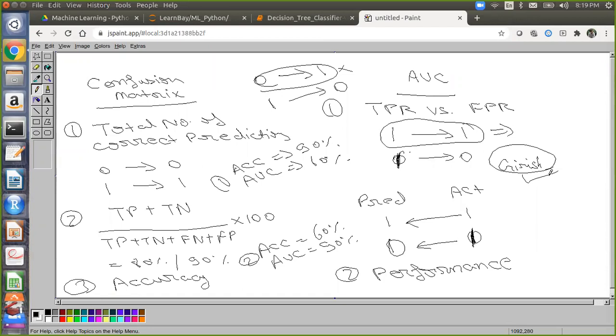Suppose I'm working in the health domain, I will go with the second model, because there I'm more worried about predicting one. But if I'm working in the retail or banking domain, zero also matters for me, right? If you are giving a credit card to a person, I want to identify who are the people who will not take the credit card. Zeros are also important there. So in that case, I will go with the first model.